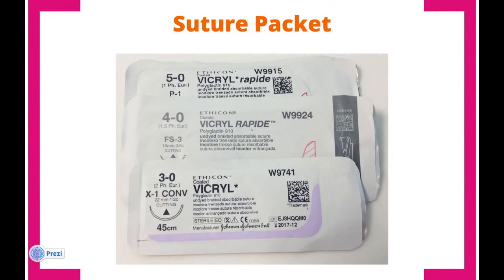All this information is usually displayed on the outer packaging of the suture. This also shows the cutting shape of the needle and the length of the suture. Suture needles vary in shape of curvature. The most commonly used shapes in dentistry are 5/8 circle, a half circle, and 3/8 of a circle, with the 3/8 of a circle being the least curved.